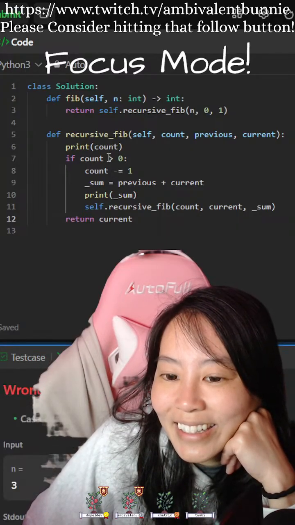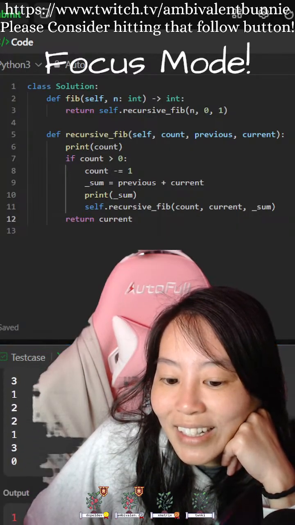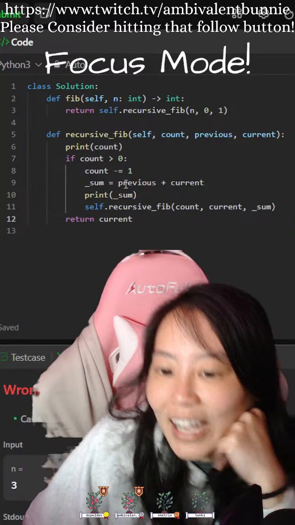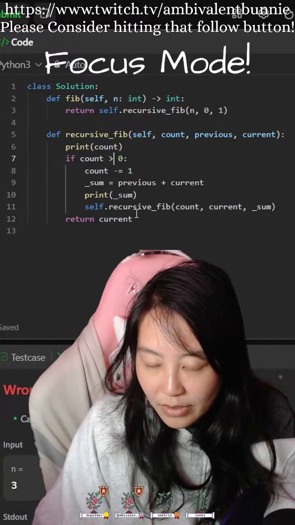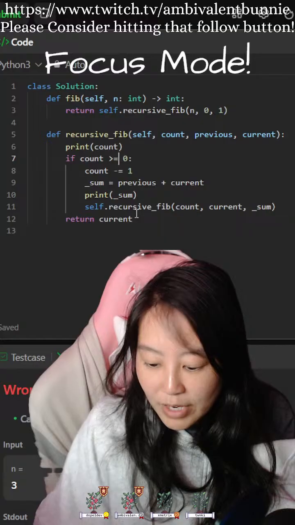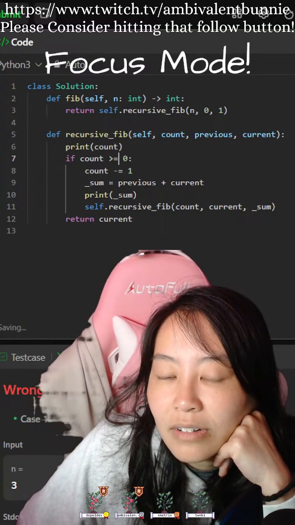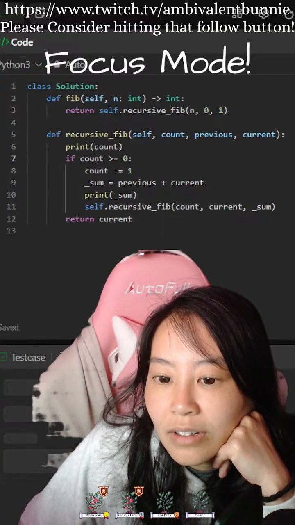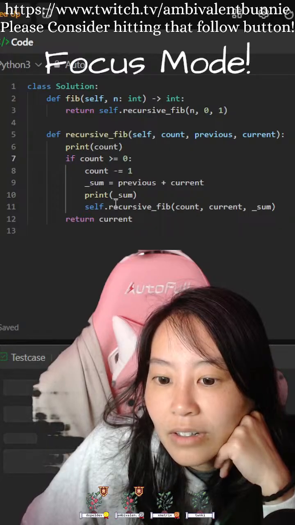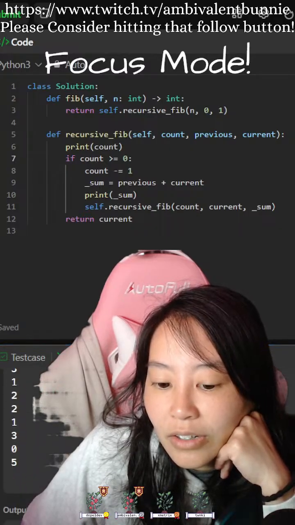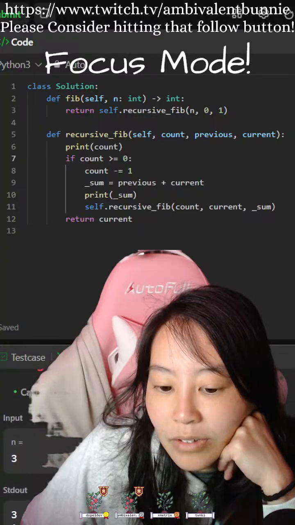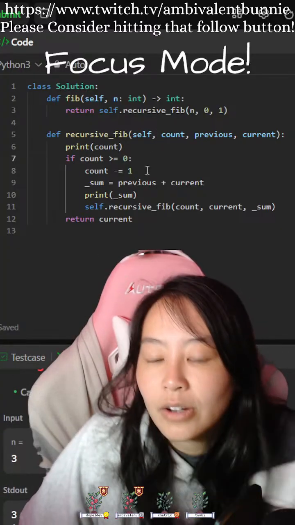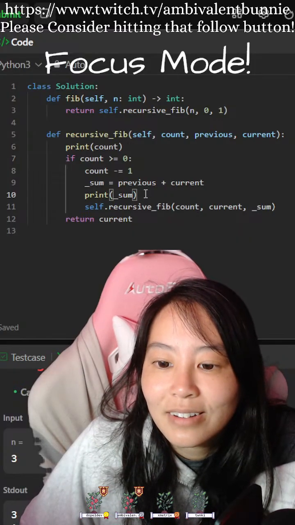I think it needs to be... Yeah, okay, wait. If greater or equal to 0. No. Okay, hold on. Output. What just happened? Okay, so print count.